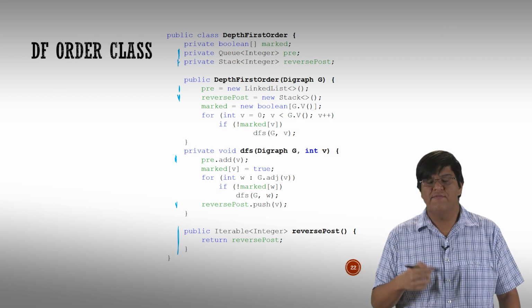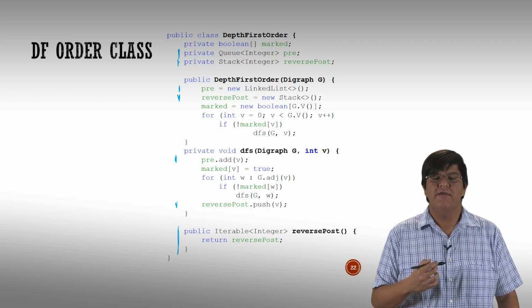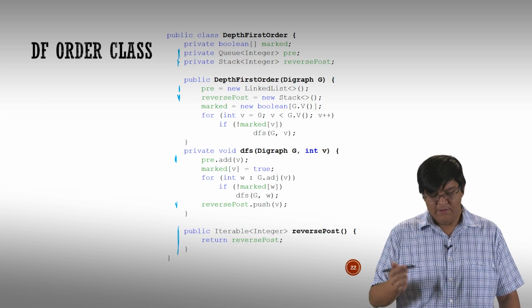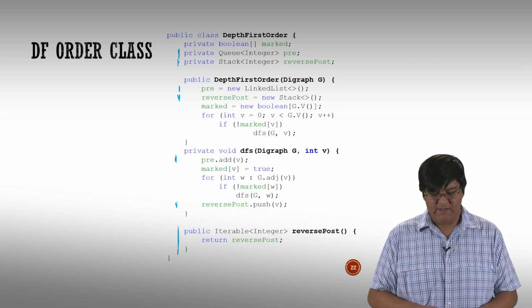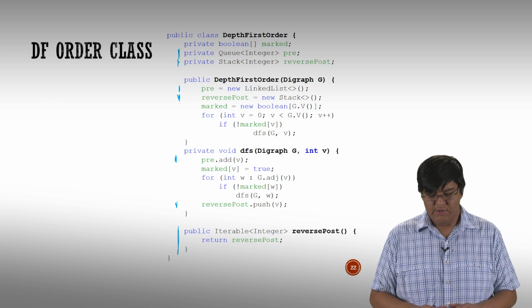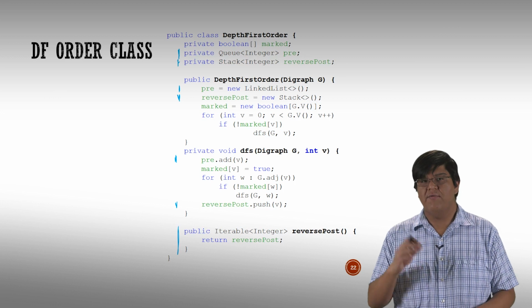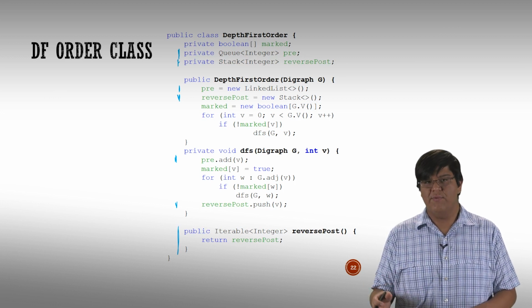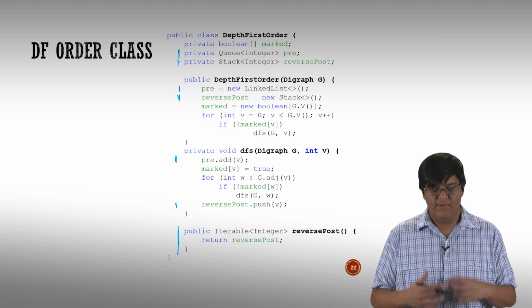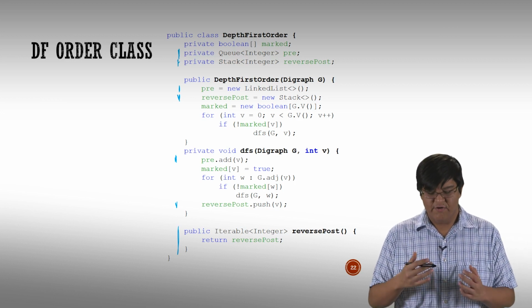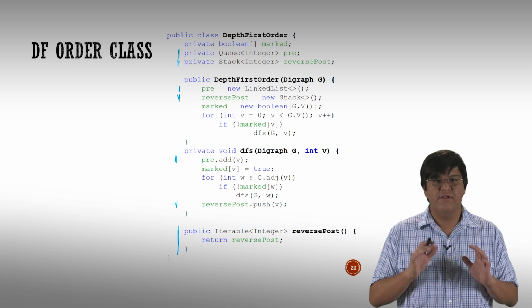At the bottom, all I have is another helper method to return the stack that contains all of my nodes, which are going to be in reverse post-order. So yeah, not so bad. This is my augmented DFS. I haven't added that many lines. Really, what I'm doing is writing down nodes when I see them. I write them down right before, and I also write them down right after, and for the ones I write down after, I put them in a stack so that I can reverse them. So again, this will give us our pre-order and our reverse post-order traversal for a graph in terms of the DFS algorithm.